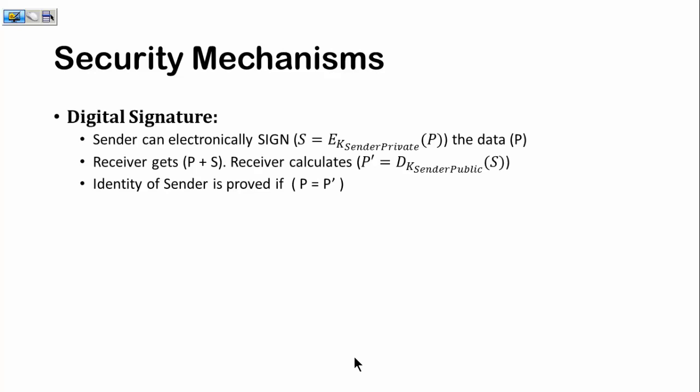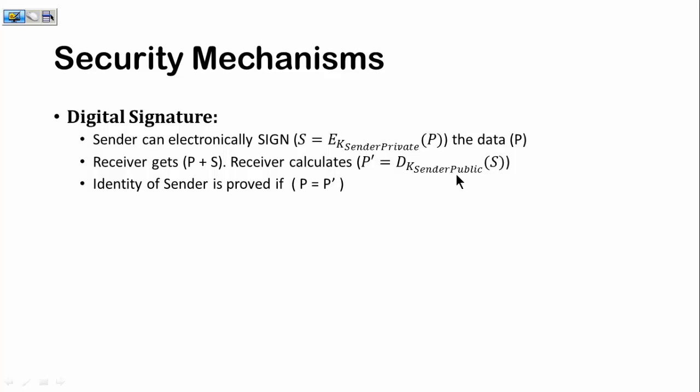For digital signatures, you electronically sign plain text or a document. So the plain text is now acted upon with the help of certain encryption algorithms, but now the key that is used is the sender's private key, and the private key is supposed to be private to the sender. So the sender, while sending, signs with the private key. And the good thing about this cryptographic system is that when you want to decipher it to get the plain text back, you need to use the sender's public key.